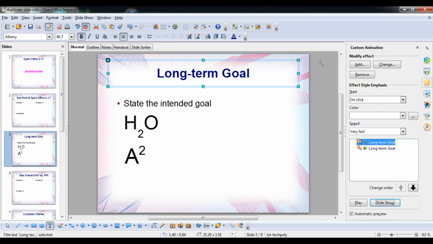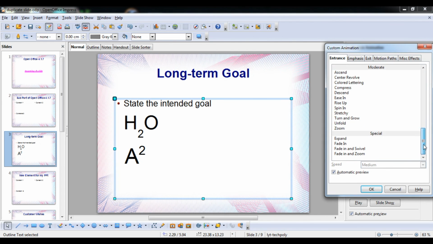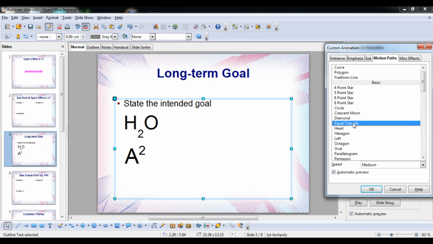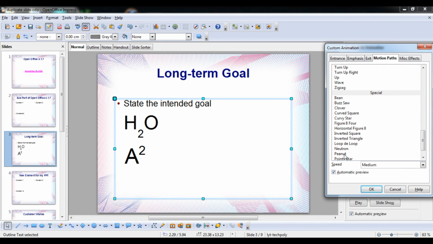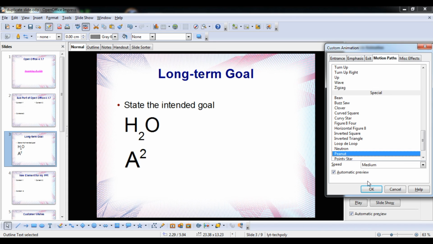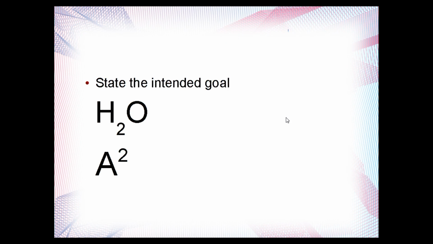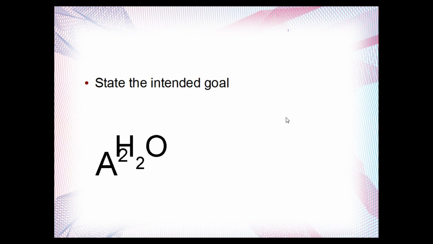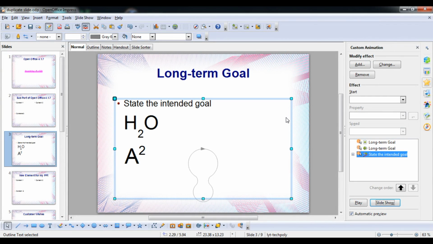You will do the practice with all possible effects. I will show you H2O. Here it contains all content, so you can see a number of animations are there, along with their speed, exit, motion path. You can see the diamond, equal triangle. You can select one of them, peanut, like this, and press OK. Here in the slideshow, just click on it and it will change. First the long-term goal, then this one. You can see the animation goes here, which is very effective and attractive.